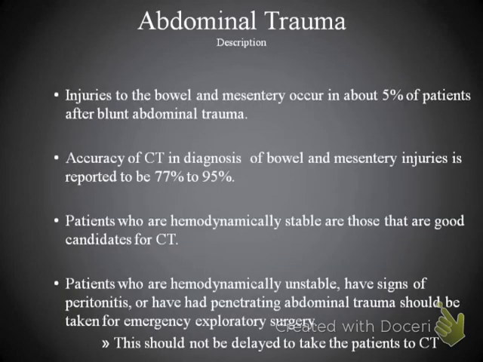So this brings us to abdominal trauma. Injuries to the bowel and mesentery occur in about 5% of patients after blunt abdominal trauma. Accuracy of CT in diagnosis of bowel and mesentery injuries is reported to be around 77 to 95%. Patients who are hemodynamically stable are good candidates for CT. So patients that are brought in from abdominal trauma or trauma in general, those that are stable are good candidates